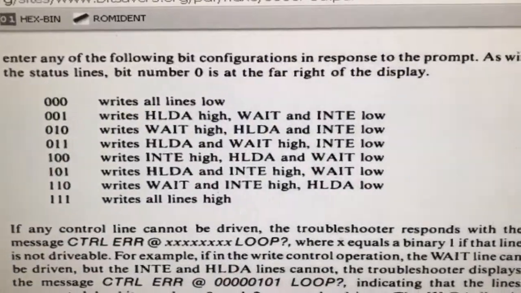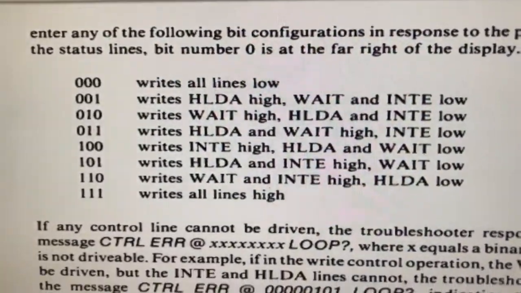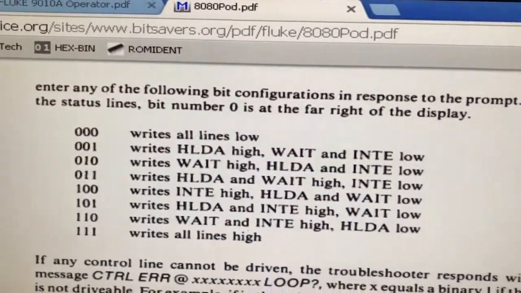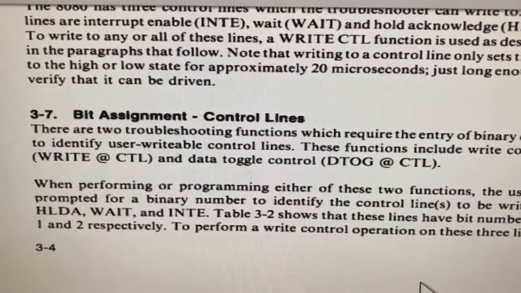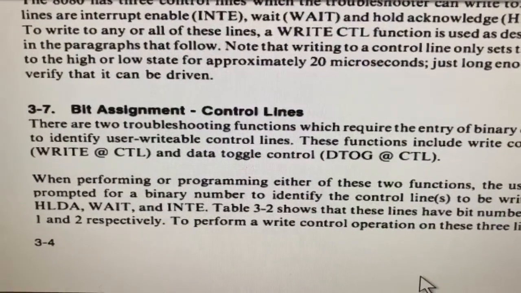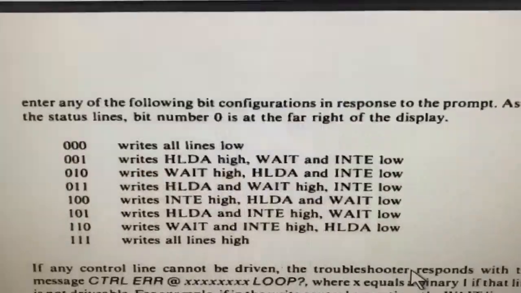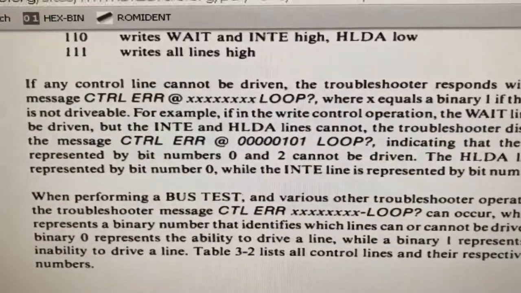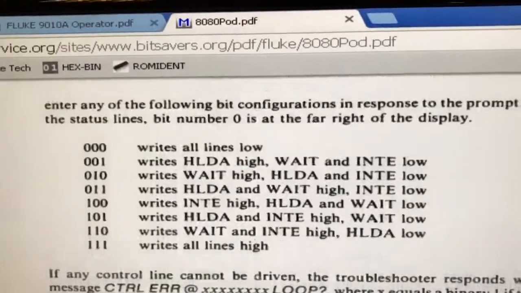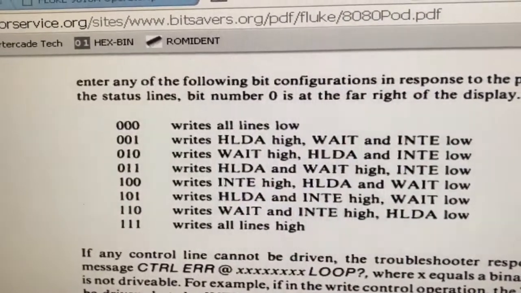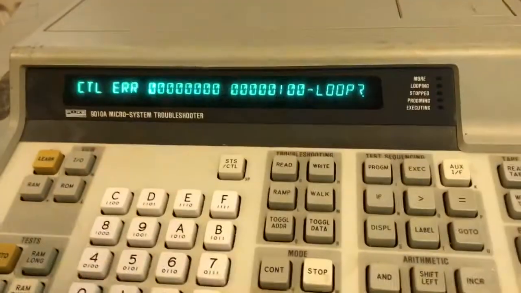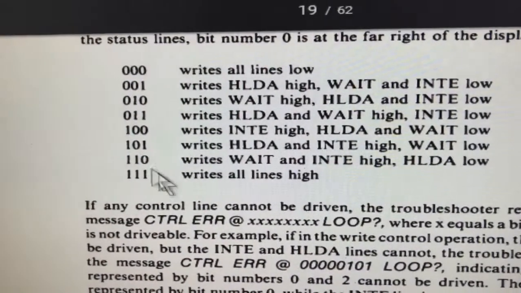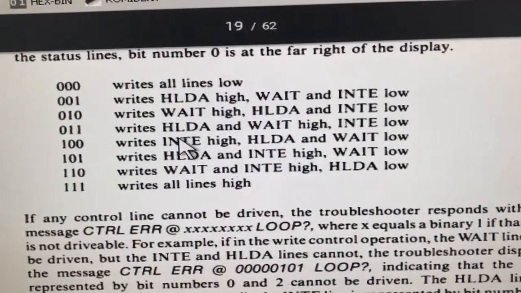Okay, so I've found the 8080 pod manual and skipped to the end basically for everybody. And what it says is bit assignment control lines, and it's talking about HLDA, WAIT and INTE, which are pins of the CPU, but it cannot read or write or drive or something like that. And what it explains is that if you've got one of these bit patterns, it corresponds to a particular state. In our case, 100, which is what we're seeing there, going back over here, 100 there means writes INTE high,